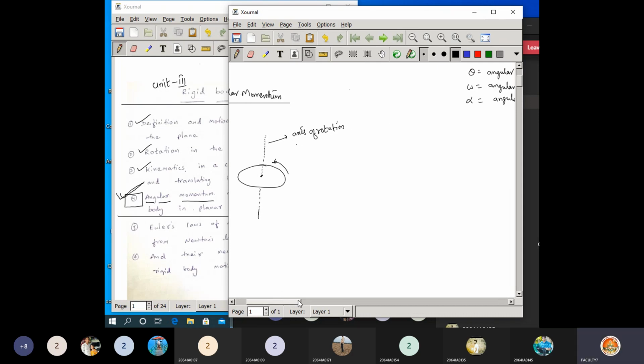Now for that, let us take a point. Okay, I will take the same diagram. Now here, this is a disk. On the disk, you identify this is the center of the disk, and from the center, let us estimate that there is a point, a point particle, and it is at a distance of r. Okay. Now it is trying to move with a velocity v.